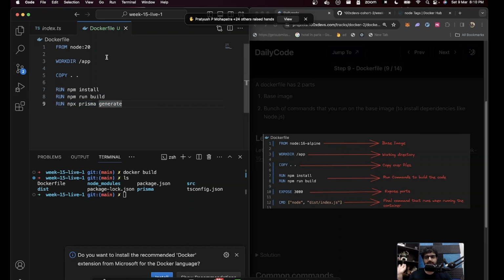That's the first few commands. From what base image you need to start, the working directory, where you want to store your source, where you want to run all of these commands. Basically, that's what the working directory is. Copy from wherever you're running Docker build, which is this week 15 live, copy everything from here over to the working directory, run these 3 commands, and then